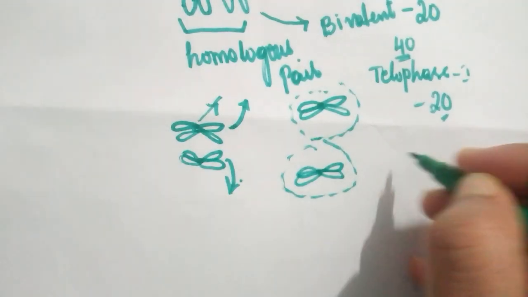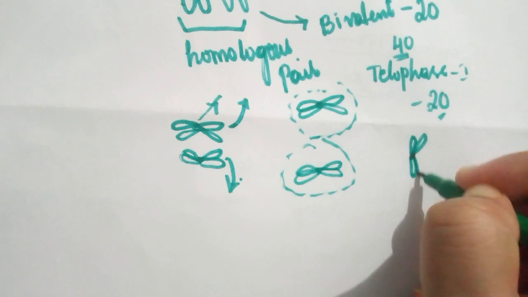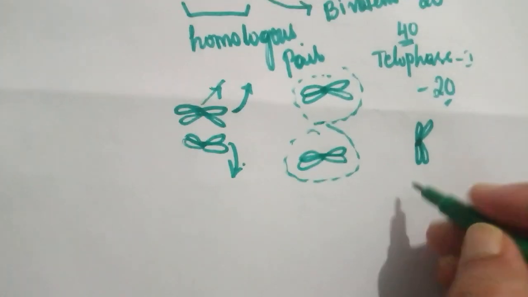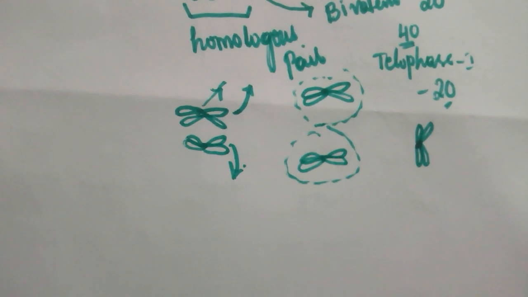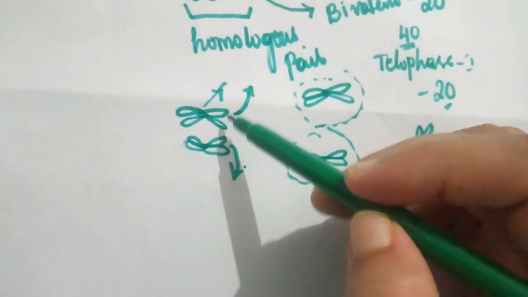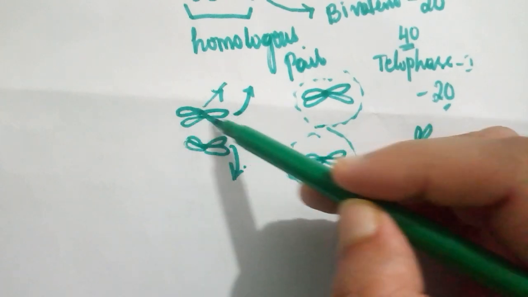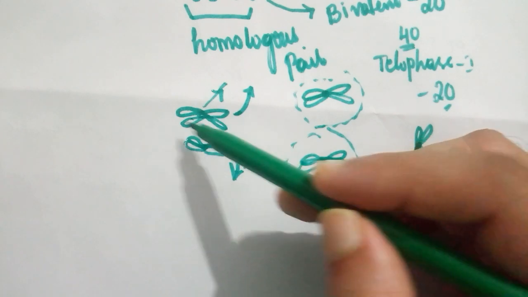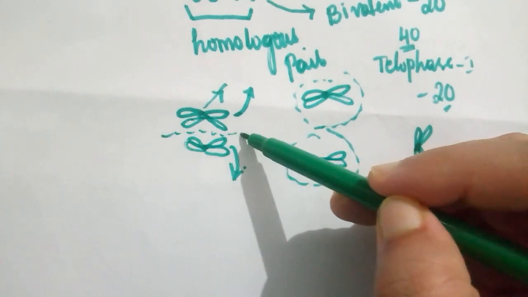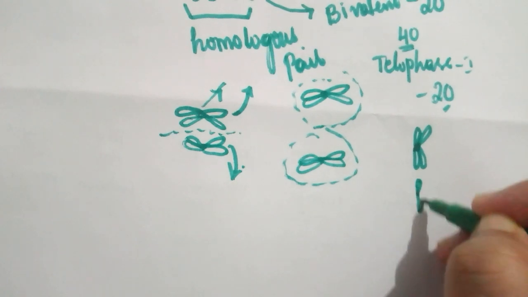Let us see telophase 2. What is going to happen? One important thing you should understand here is that in anaphase 1, only one chromosome of the homologous pair is separating. Chromatids are not separating, remember. Chromatid separation is not taking place in anaphase 1. Only the homologous pair is separating. Now let us take,